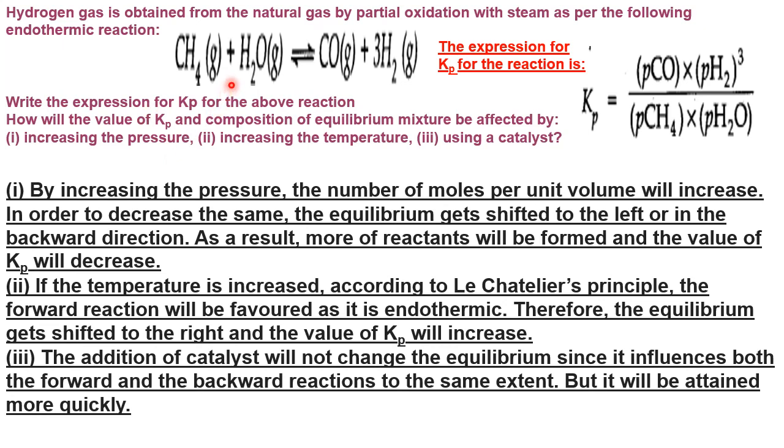This reaction, please see, 1 mole, 1 mole on the reactant side, 3 mole, 2 mole... and 4 mole on the product. So moles are increasing. That means it is going from the low pressure to the high pressure. Okay, low pressure to the high pressure preference. That time when you increase the pressure, it will go backward, in the reverse direction.